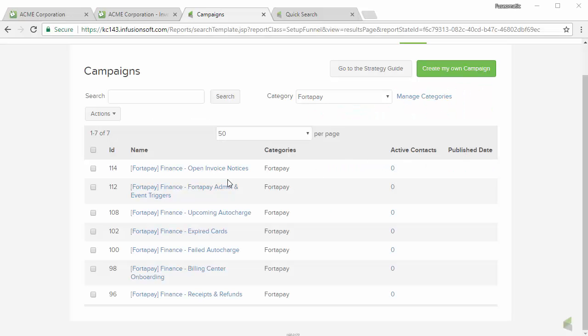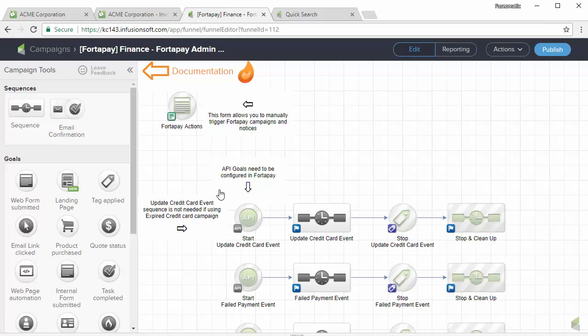In this video, we'll cover the Fortapay admin and event triggers. In most cases, there won't be much, if any, setup needed for this account. Most everything is done, and only in interesting or unique situations would you need to configure much more with this